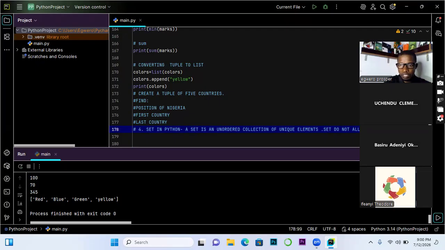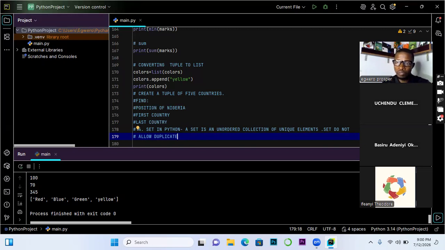For tuple, let me add it here: tuple does not allow duplicates. So when I was explaining tuple, it's like I missed it here. Tuple allows duplicates, we saw it, we had 3, 2. But in the case of sets, it does not allow duplicates. So you can now see the uniqueness. If you are developing an app where you don't want someone's name to be repeated, sometimes you have to create an app that has some flexibility.